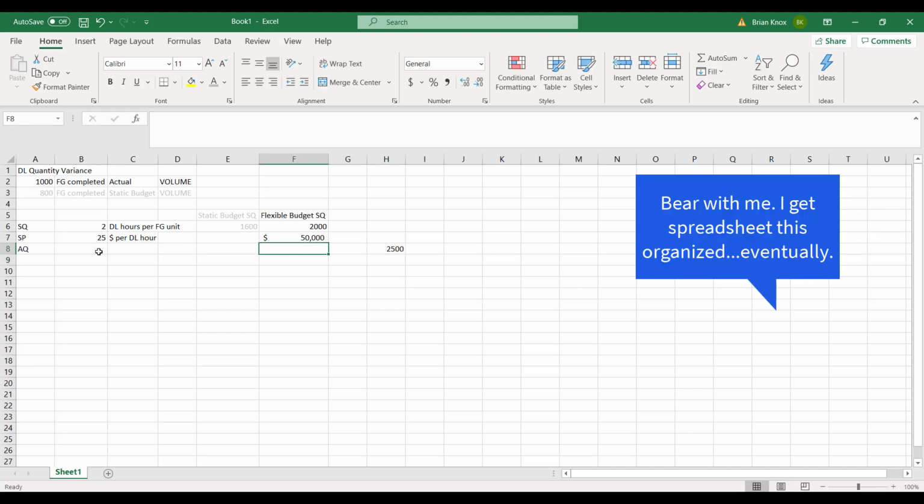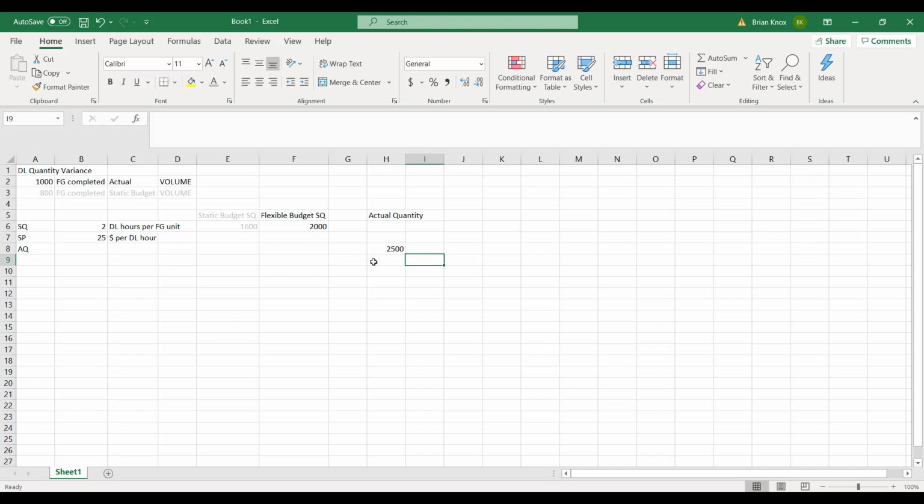Because if I put it right here, I worry that somebody's going to see this and say, oh, this is in the same column as this, so he's expressing flexible budget. No, actual quantity over here. So 2,500. Now we can multiply this out as well, and so let's just do. We don't need that number at all. We could multiply this out and say,